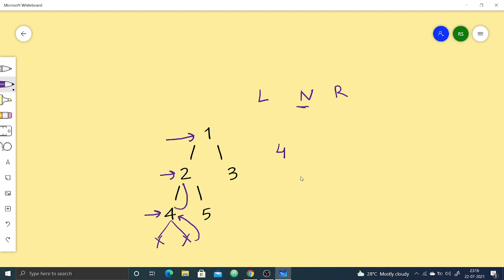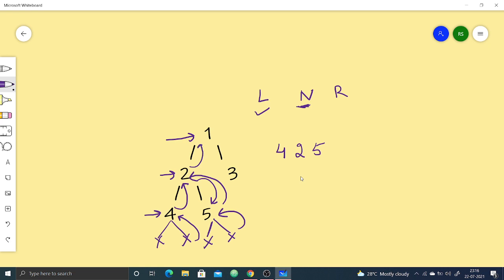The control goes back to this. Now when we are at 2, we have completely traversed its left subtree. Then we will simply print the node which is 2. Now we will call the recursive function at its right subtree. Now for this right subtree, we will check for its left subtree. Left subtree exists? No. Then we will simply print the node which is 5. Let us see its right subtree. Right subtree exists? No. The control goes back to this, it returns back to this.